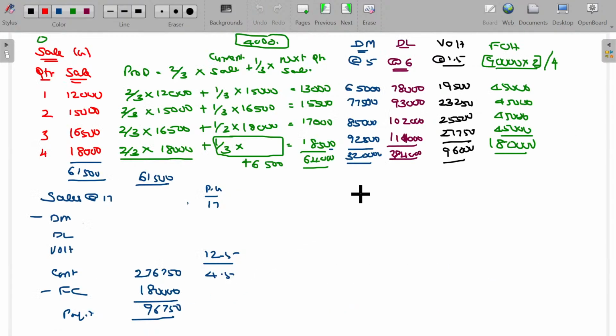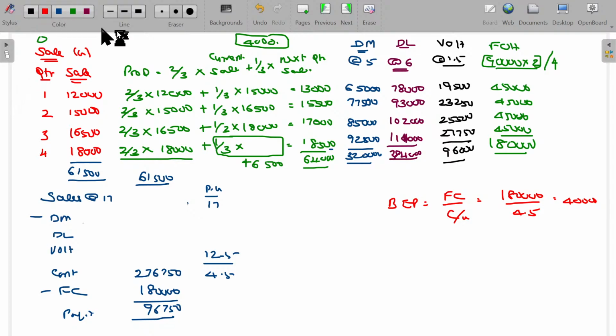Break even point is equivalent to fixed cost divided by contribution per unit. Fixed cost 1,80,000 rupees, contribution per unit being 4.5, so 40,000 units. In which quarter? Quarter 1,